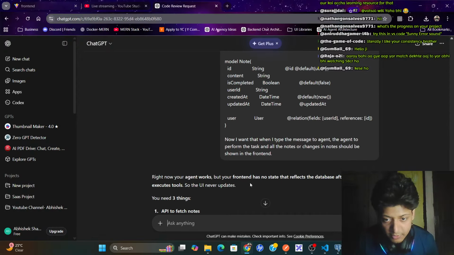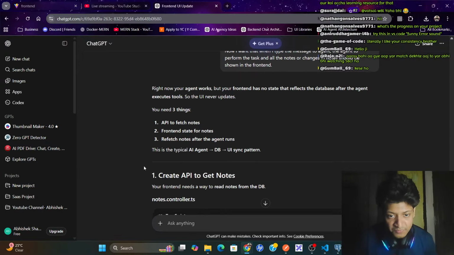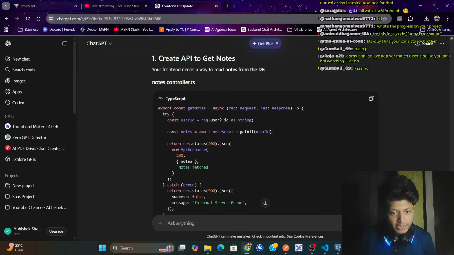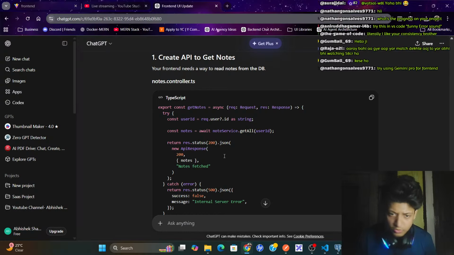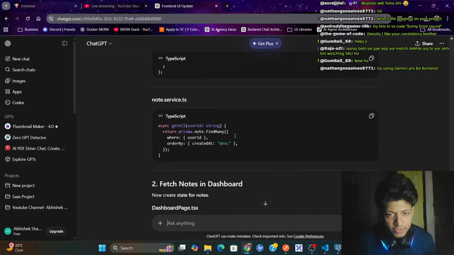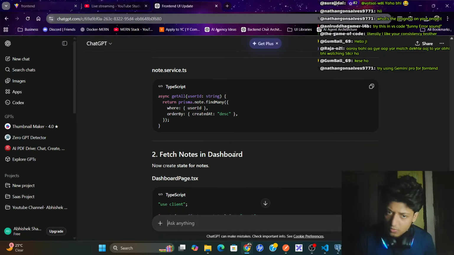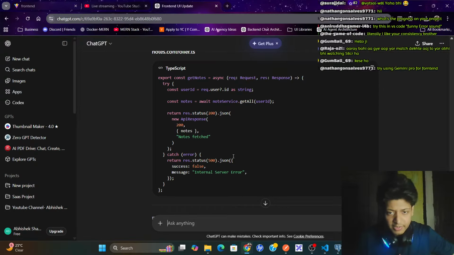Right now the agent works, but your front end has no state that reflects the database after the agent executes. You need an API to fetch notes, and front-end state for notes. Okay, create an API to get notes, user notes. Okay, fine. This is done. And the node service also, get all. Here we don't need the node service, but okay, we create the node service.